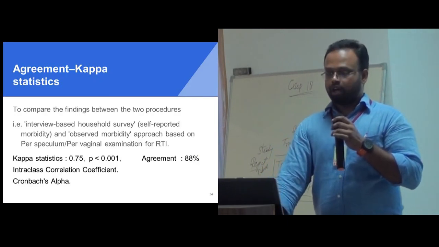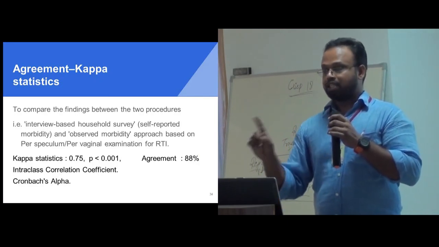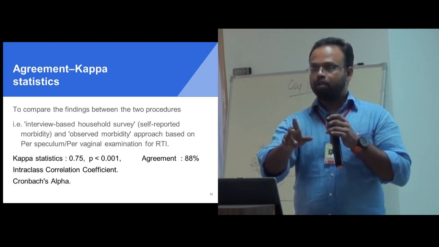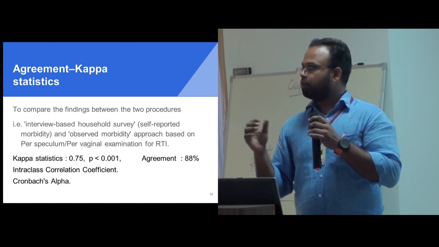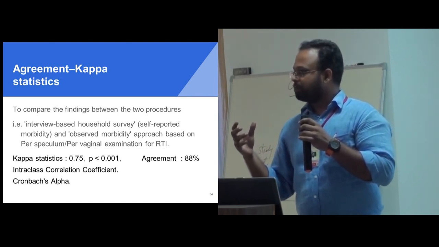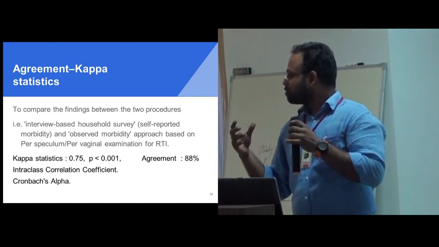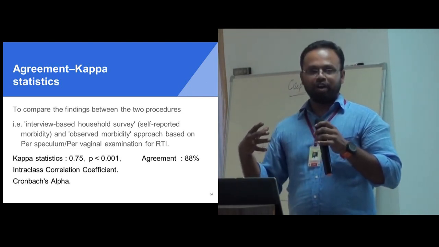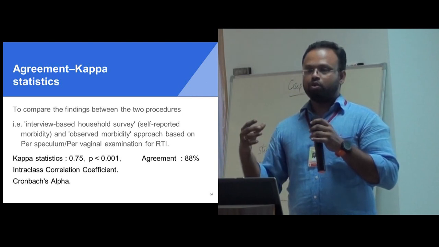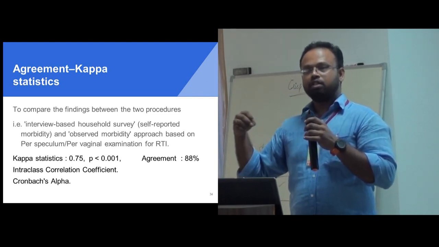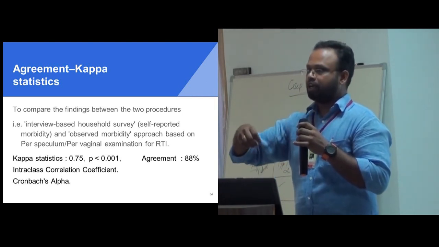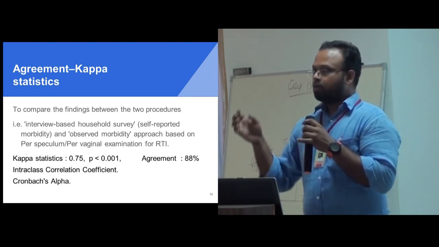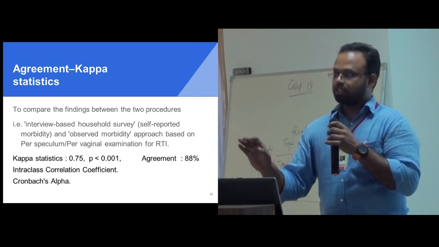Okay, now agreement, or kappa statistic. As of now we have talked about before and after intervention, but at the same time I will look for agreement. Now it is very common that people are not agreeing with each other. So for that also we need a statistic to find out the truth, which is good or bad. Clinician contradicts with microbiologist, pathologist contradicts with surgeon. So we have data like this, and for that we have a test called kappa statistics.